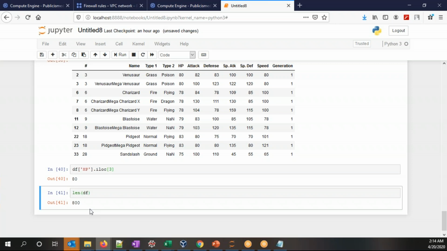All right. So when I do range of 800, it will give me a range from 0 to 800. So it will not just give me the 800 number. It will create a range for me, which would be 0 to 800. So this is what I'm going to do. I'm going to use a for loop: for i in range length. I'm just combining functions over here, length of df,